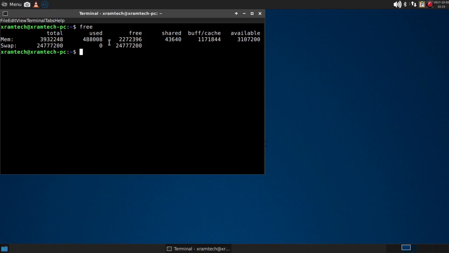I think it's a little better than Mate, but remember that Mate has switched entirely to GTK3, and Xfce is due to switch entirely to GTK3 with version 4.14. This is still version 4.12. So this may change a little bit in the future. It's still very fast and very lightweight,